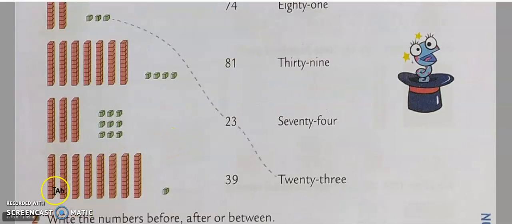And the next and last one, how many tens are there? 1, 2, 3, 4, 5, 6, 7, 8. 8 tens are here and only one is there. So the number is 81. So you have to draw the line from here to 81 here, and the name is written at the top. So you will continue the line from 81 to the name written 81 here. Okay. So I hope all of you understood this, and you have to draw the line with the scale.